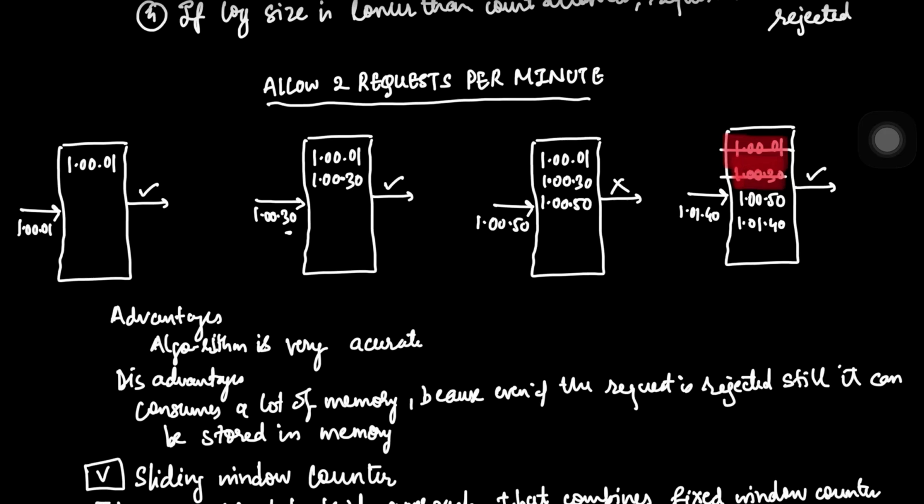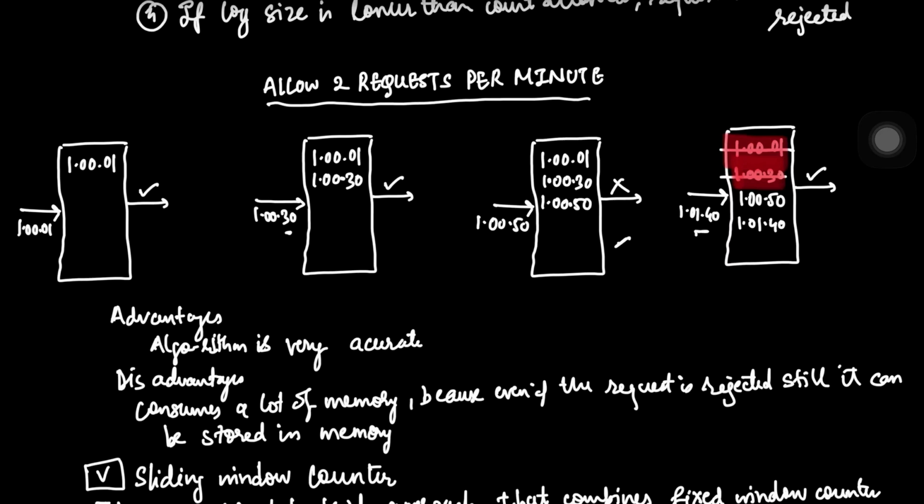Then let's come to the third request, which comes at the 50th second. Now the number of requests we have got in this particular minute has crossed 2, and that is why we have rejected this request, as you can see over here. Now comes the interesting part. Let's say we have got a request which is 1 minute 40 seconds past the first timestamp which we got. So if you see over here,